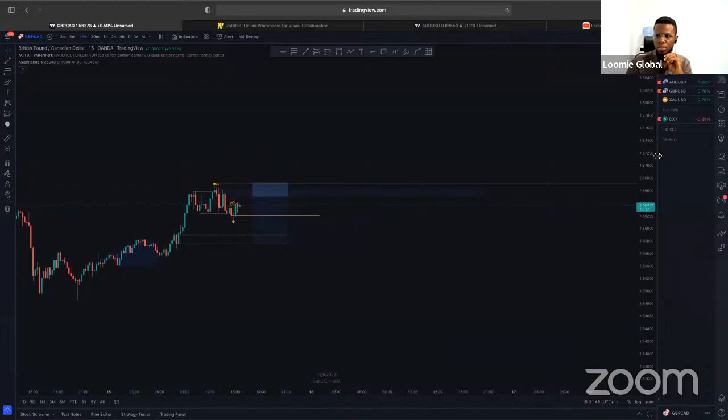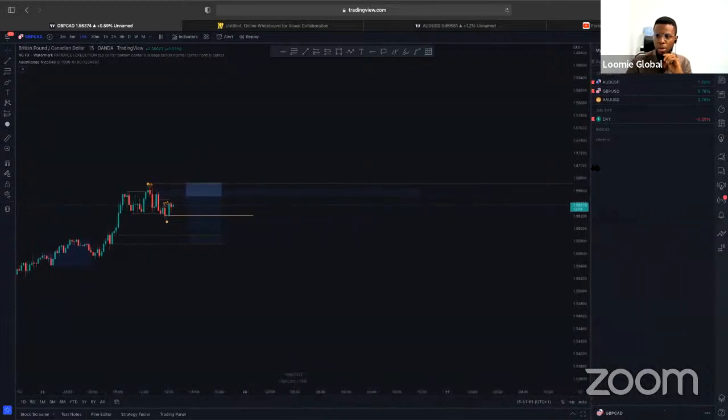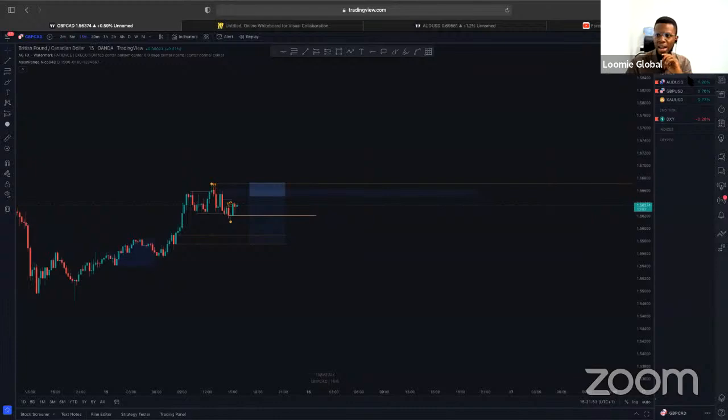Look, I named them my favorites right up there, and I only have 3 pairs: AUD/USD, GBP/USD, XAU/USD. XAU/USD is gold, right? Now, when I come to the charts every day, these are the only 3 pairs. These are my go-to pairs. First thing I do, I open 3 tabs. First tab, AUD/USD, second tab, GBP/USD, third tab, gold, and I check these 3.